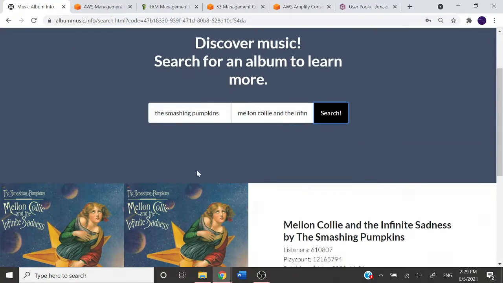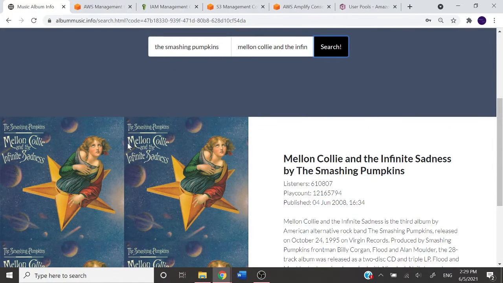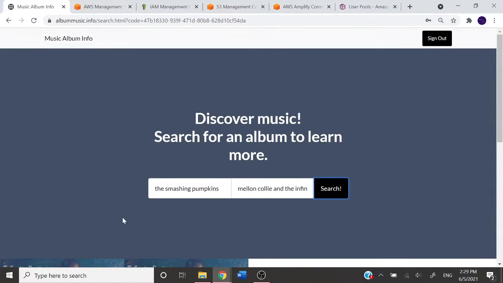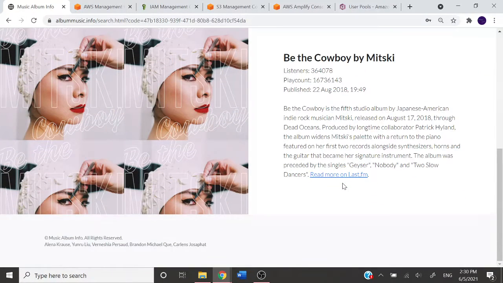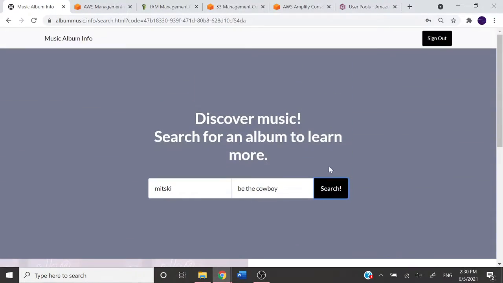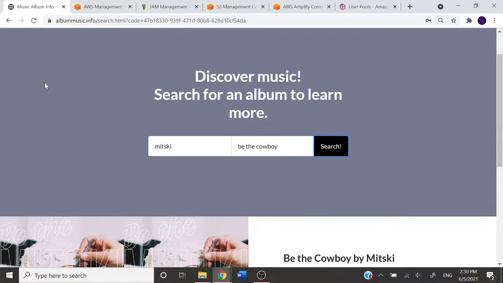So another feature that we implemented, the average color of the album art is actually calculated and is used to change the background here to match it. So we can search for another album here. And if we press search, awesome, you can see the album cover, information about the album, and the background color